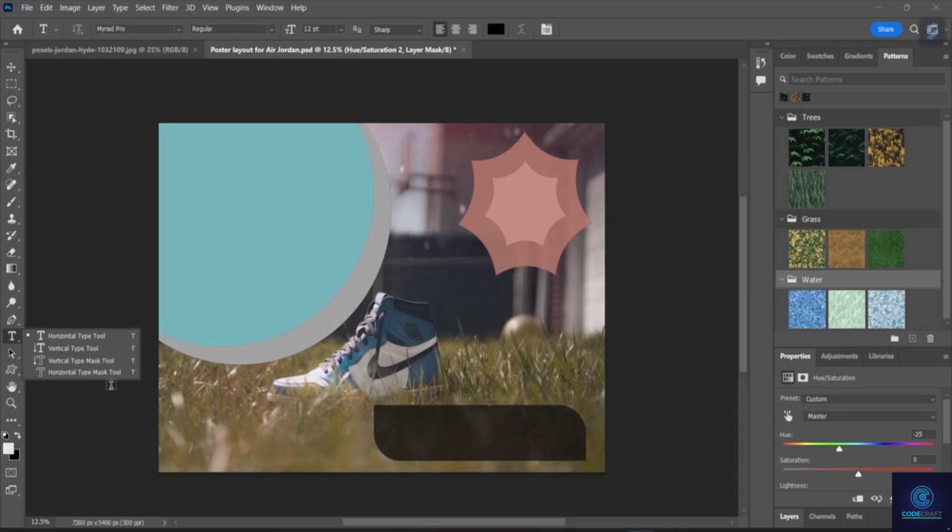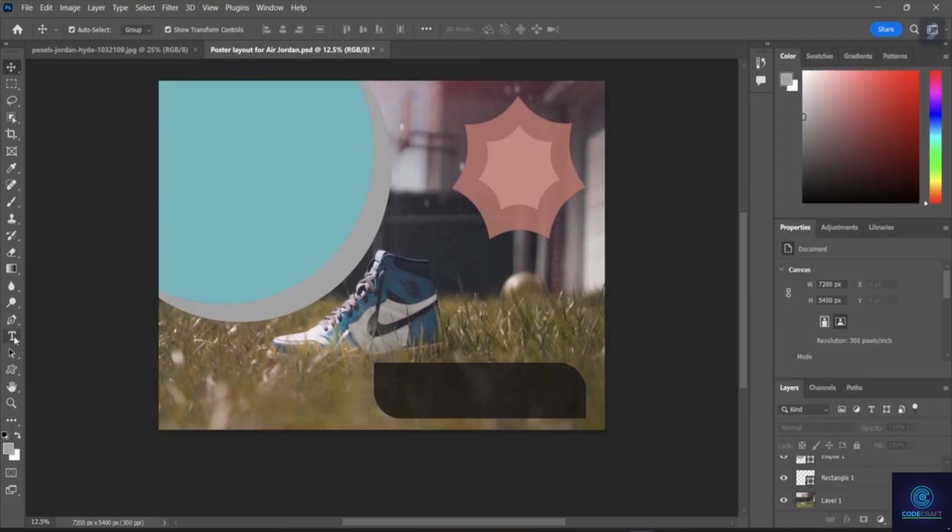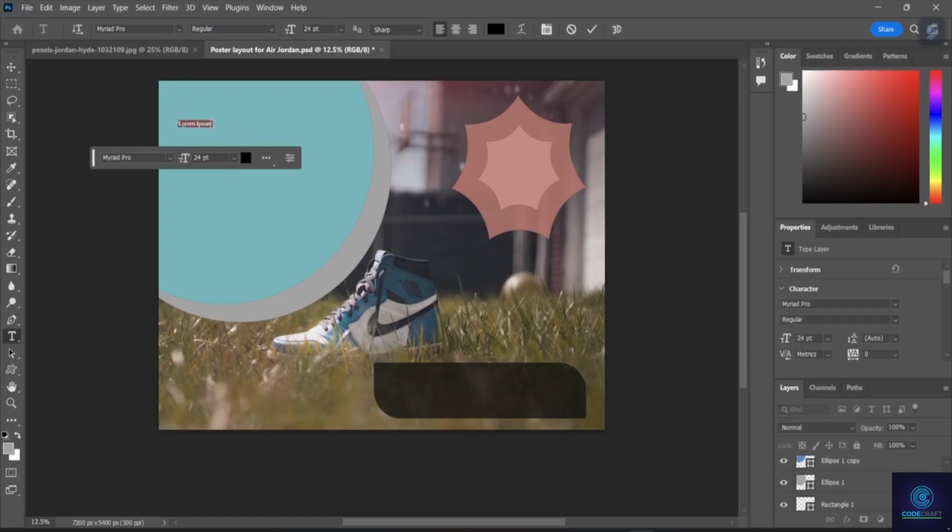So let's start with writing some text in my particular project here. So now here first I will choose this horizontal type tool, keep my mouse on here. Okay, and as you guys can see, I do have the font style and the font size as well. The coloring also I can manage from here. So let me type Air Jordan, and now I'll just select this particular text,